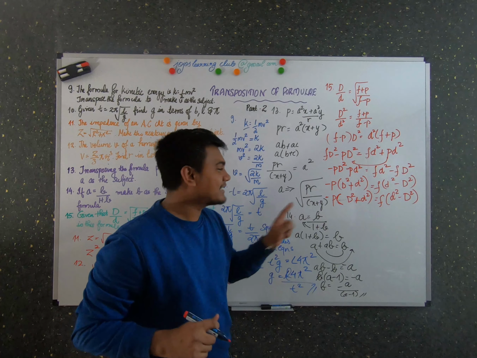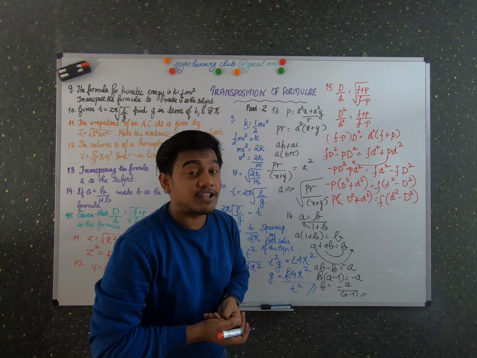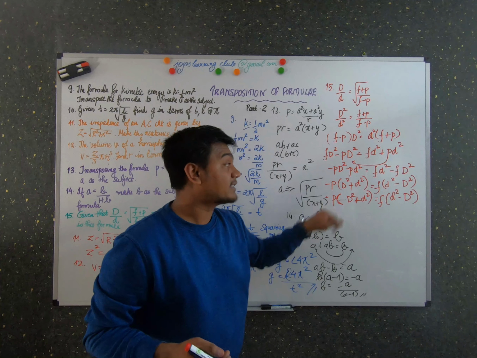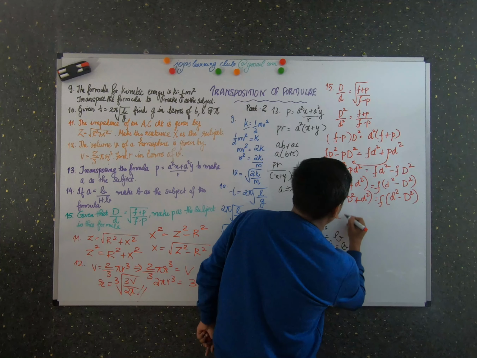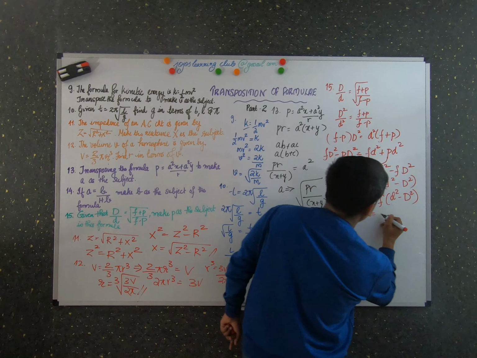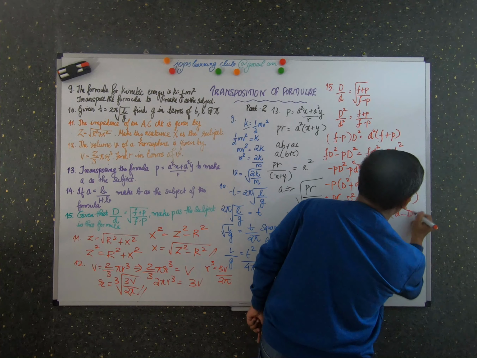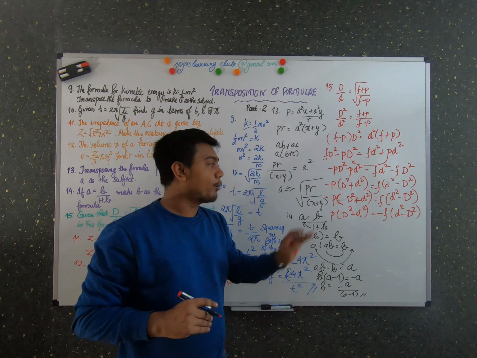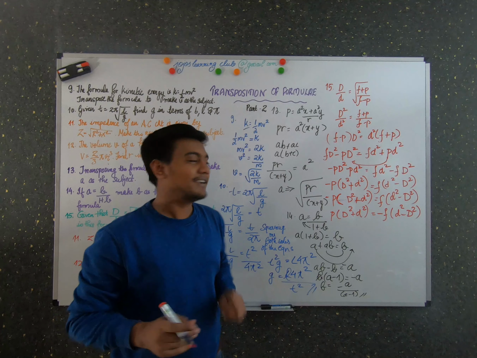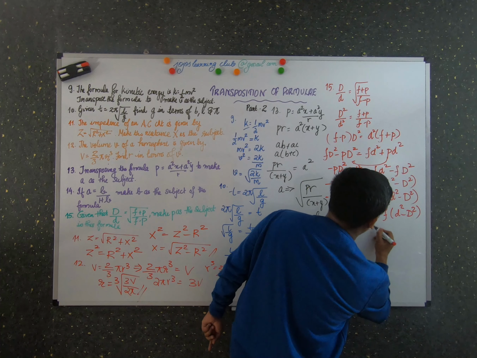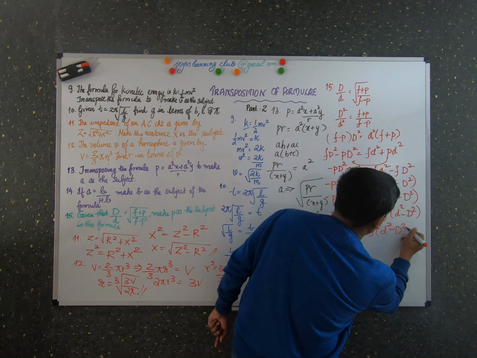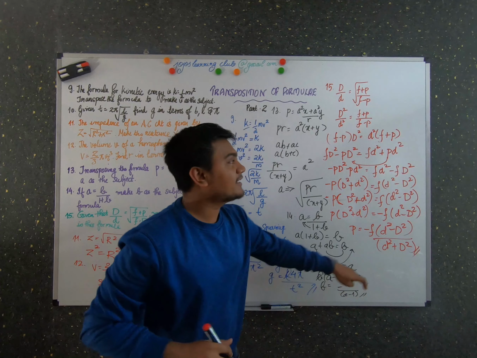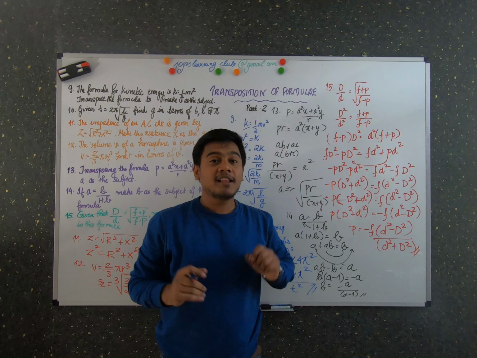The next step is that I'm going to multiply both sides of the equation with minus 1 to eliminate that subtraction factor first. So P into (D square plus d square) is equal to minus F into (D square minus d square). And what would be my next step to get P as the subject? I would divide both sides of the equation by (D square plus d square). So P is equal to minus F into (D square minus d square) by (D square plus d square). So this is our final answer for this problem.